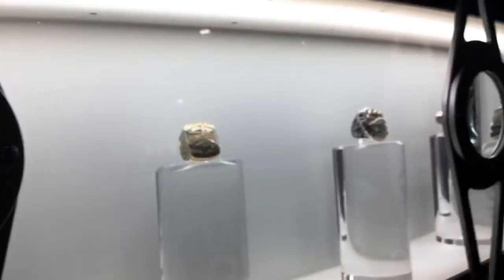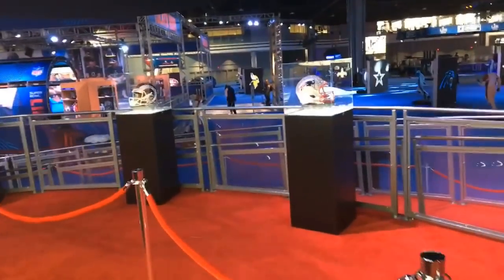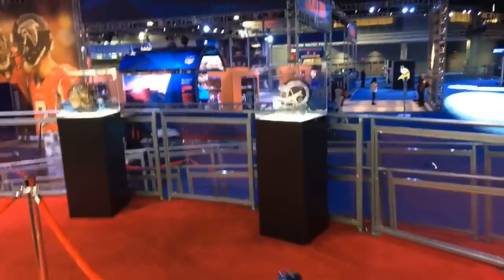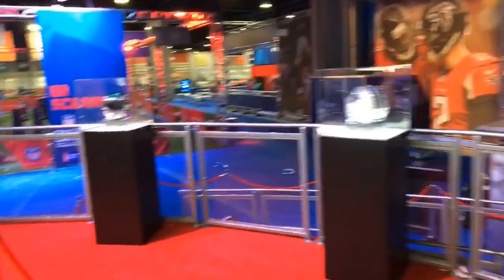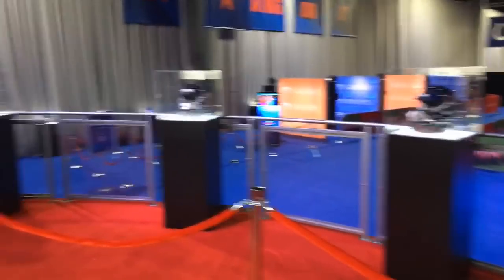And someone was asking about the bedazzled helmets earlier. We're going to swing back around. Charles Terry says the flashiness didn't match the Legion of Boom. He might be right. For those just joining us, we're at the Super Bowl fan experience inside the media center